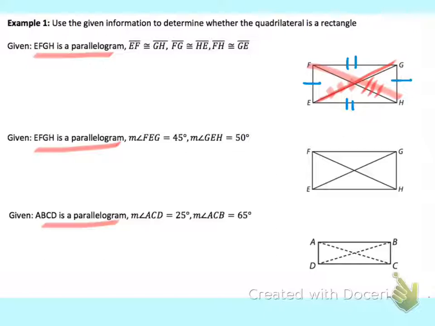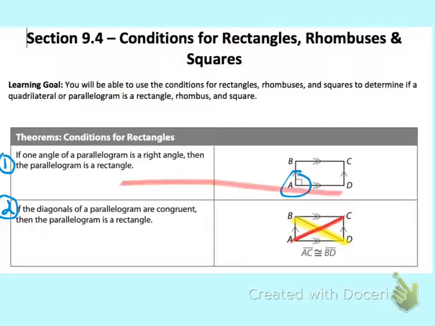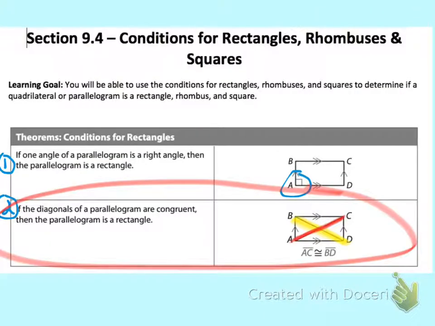So yes, this actually is enough information. In fact, they gave us way too much information. We really didn't even need to know these first two things. This was the kicker right here. Knowing that the two diagonals, FH and GE, were equal meant that it satisfied this one right here, right? It satisfied the fact that if the diagonals of a parallelogram are congruent, then the parallelogram has to be a